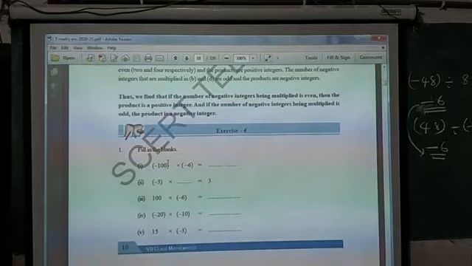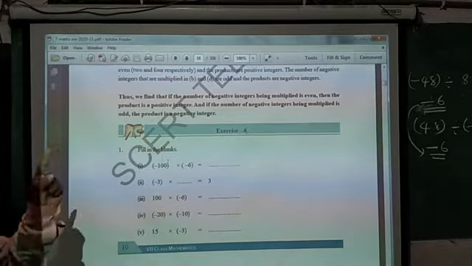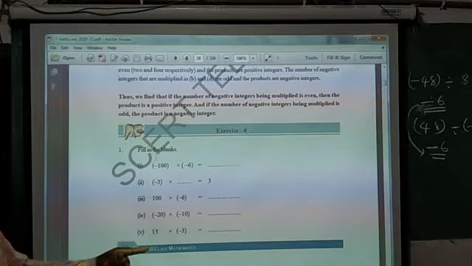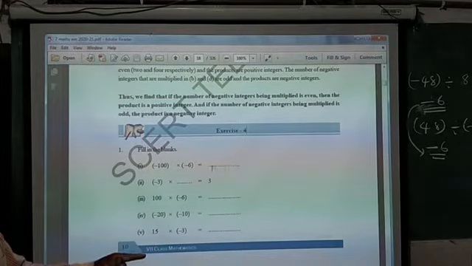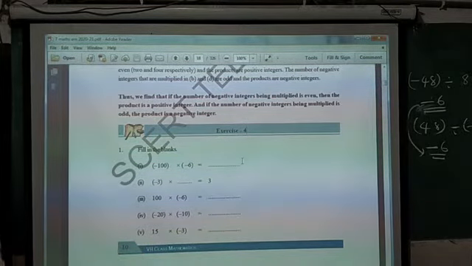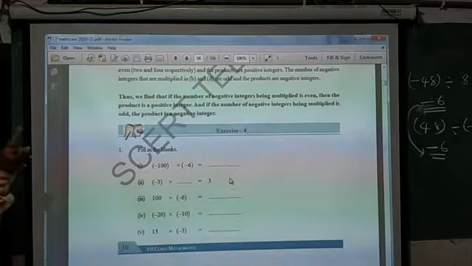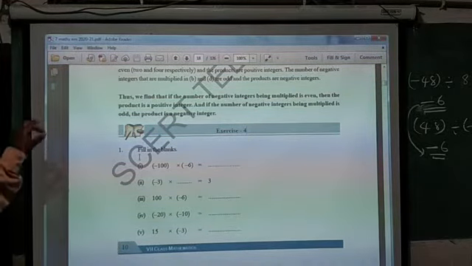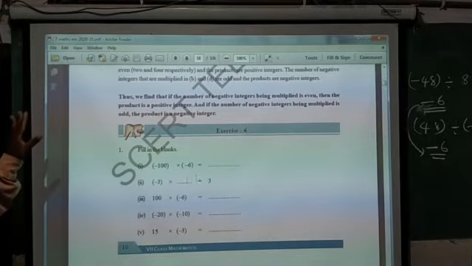Multiplication, I said, is the same idea: combination of symbols, then multiplication of numbers. See, minus will become plus. 100 into 6 is 600. So the answer will be plus 600. Like that you can answer these all. So in exercise 4, the first bit we can answer easily, but for the second one, you need to guess what will come here.